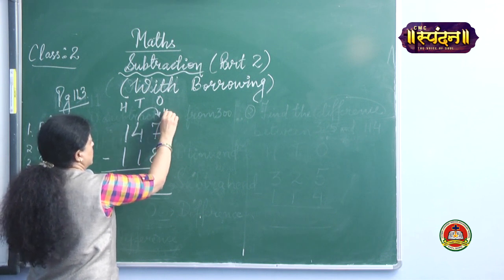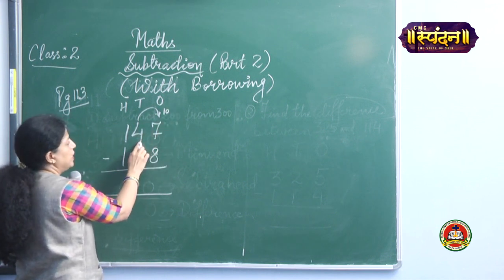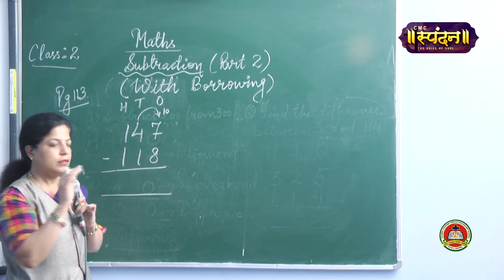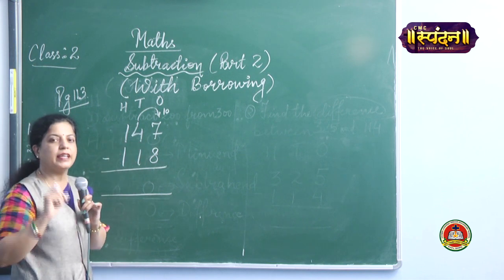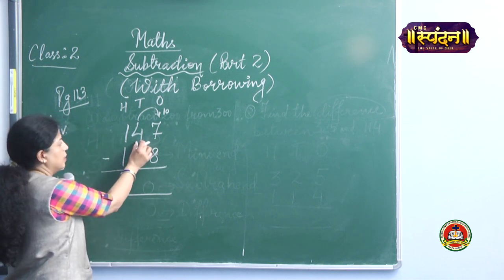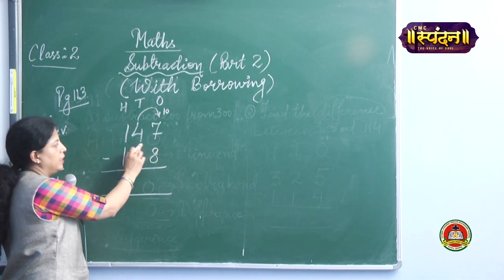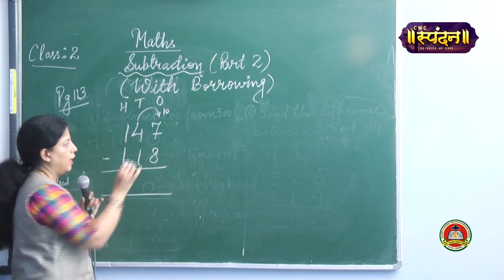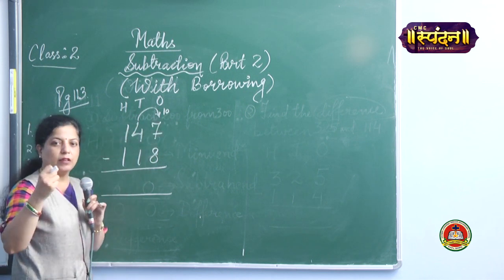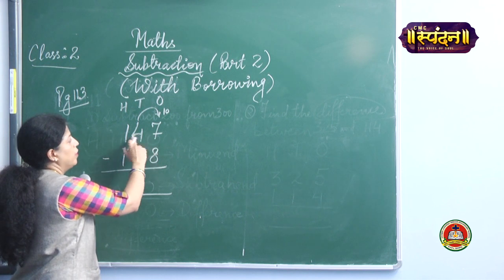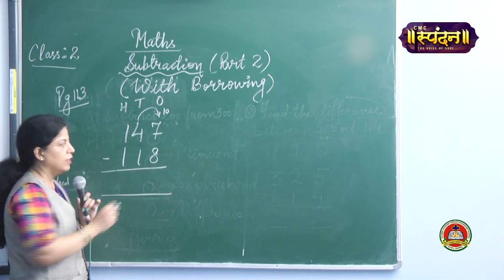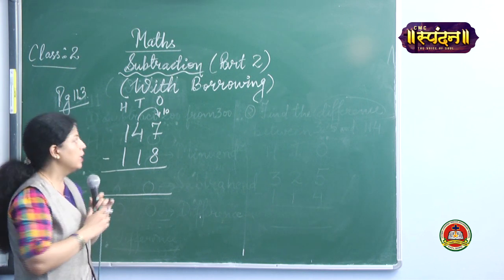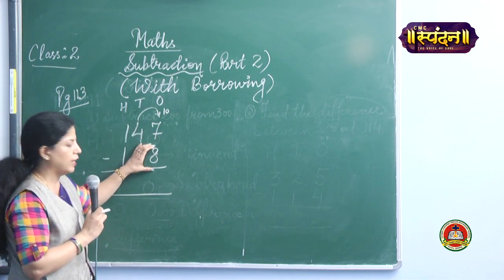This 10.4 here means there are 4 groups, 4 numbers of having 10 things in it. It means when 4 tens are there, it makes 40, 147, it means 4 tens are there, and it will give away one bundle of tens. So, now if this one bundle of 10 comes here and already 7 is there, now the 10 plus 7, it becomes 17. Now from this 17 we can take out 8.